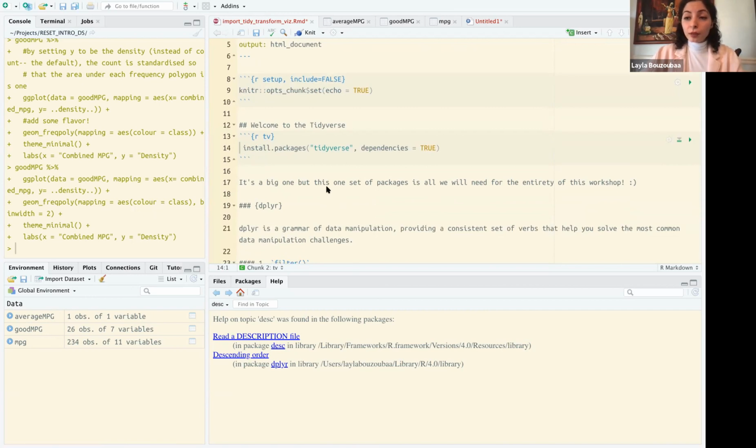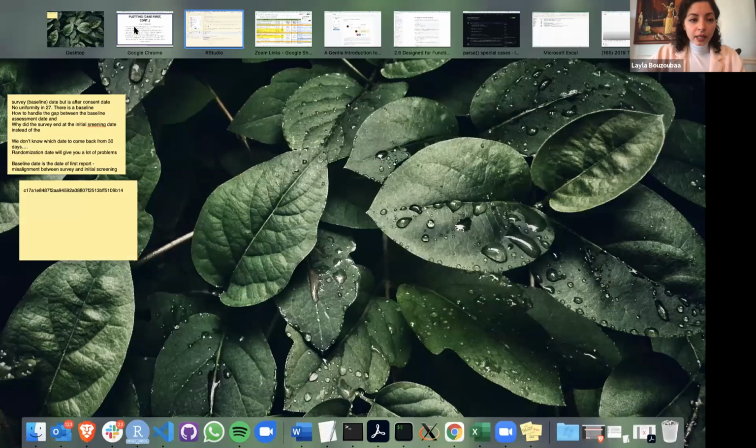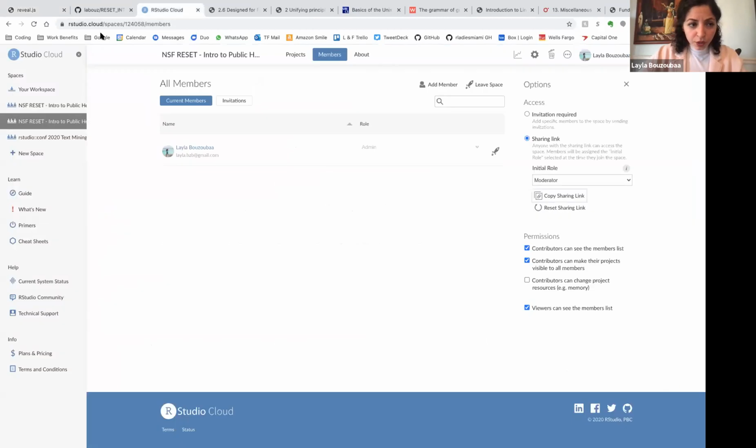Markdown is a markup language. So I can write my thoughts and mark them up with bold, italicize, underline, or three pound signs for a level 3 header. You can learn about that in your cheat sheets, which, by the way, that reminds me, for those of you in the RStudio Cloud environment,